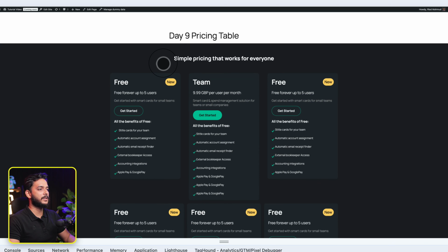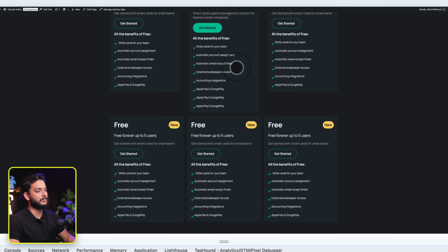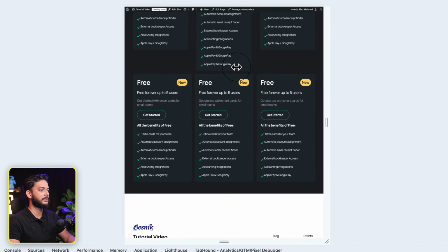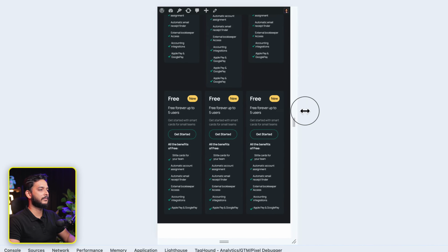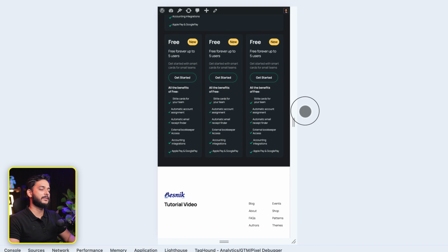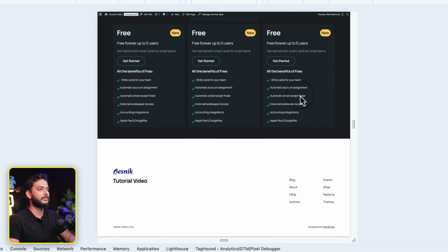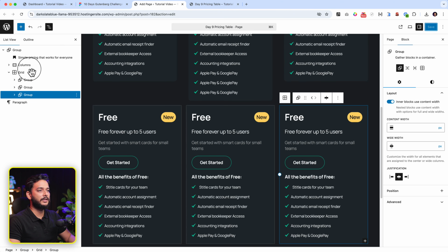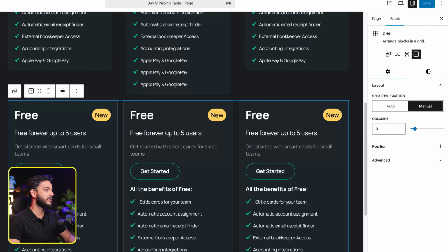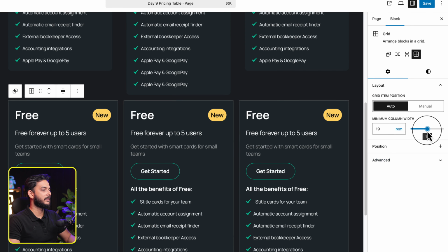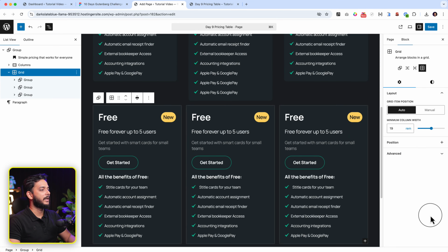Now as you can see, the first one is created using the column and the second one is created using the grid. Now if I change the responsive view, you can see the grid is still displaying here. Why? Because we are using the manual column system from the grid. Now if I select the auto, let's make it 19 here. When I select the auto, and at the same time if I want to adjust the width here,